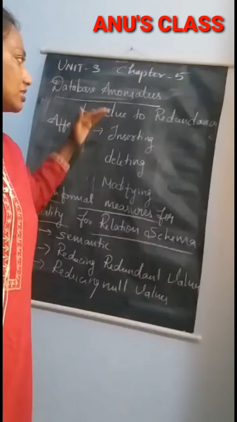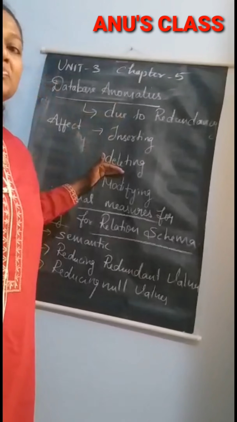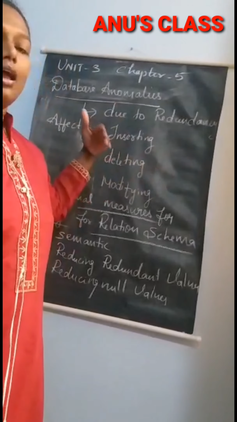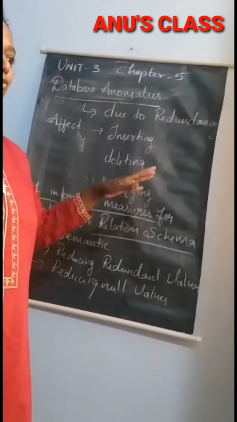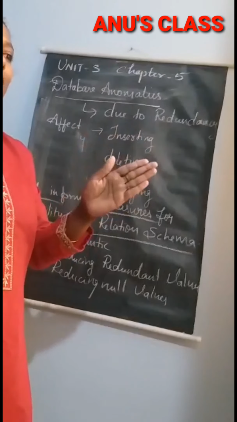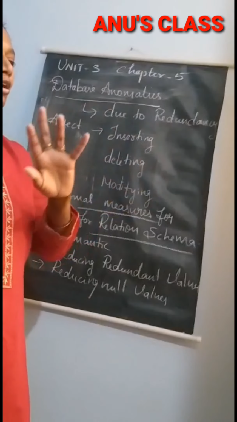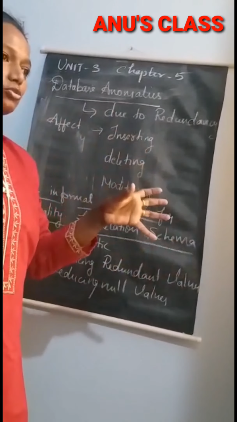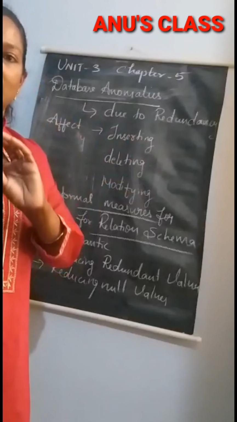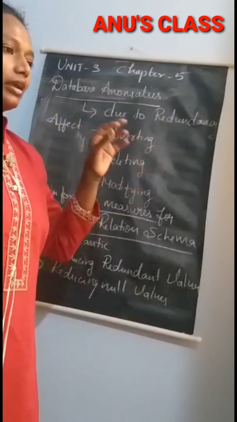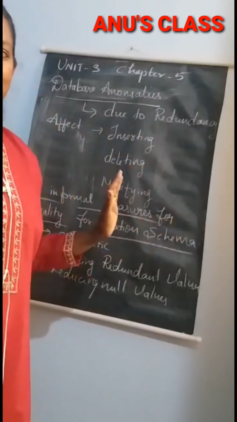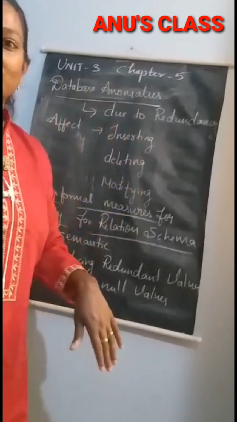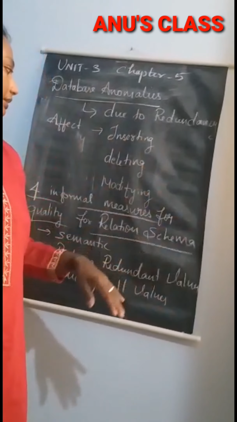Next one, deleting. The same kind. When I try to delete an unwanted data from the table, by mistake I am deleting the wanted data. Because my table is always having a relation with the next table. When there is a big database, there will be a connectivity for the student database and also the department. So I will delete the student name who finished his course from the table, but unknowingly the course detail also will get deleted. So that we call a deleting anomaly.